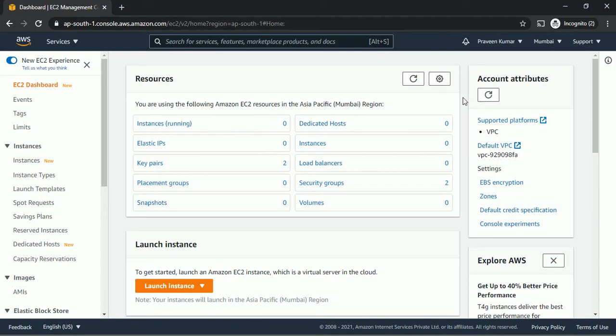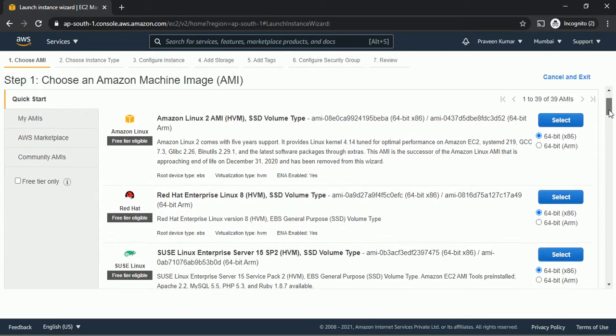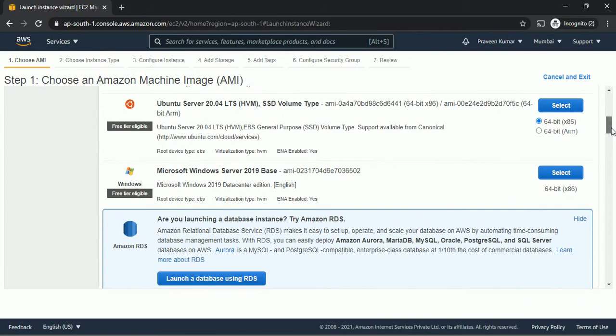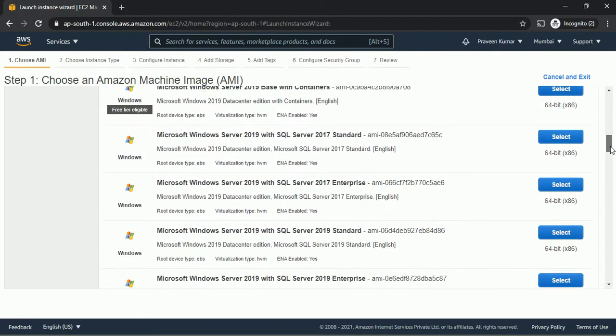This is my AWS console. First I'm creating one EC2 Linux instance. So click on launch instance. I'm taking here one Ubuntu 18 instance. You can take anything as per your OS, you have to give proper commands and scripts.